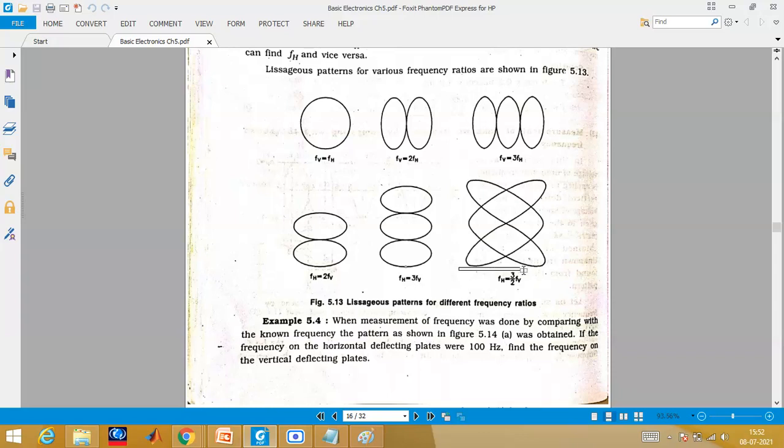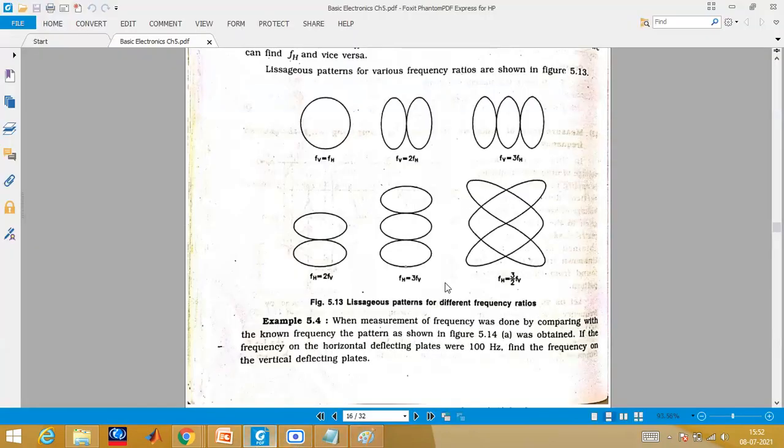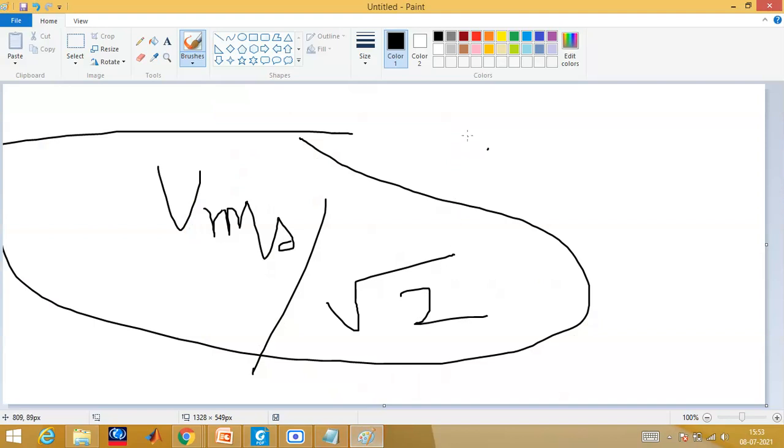Now for this diagram, draw a line, and draw a line here for this pattern. It is not at all a complete pattern. So this is nothing but 1, 2, 3. So this is nothing but 2FH is equal to 3FV. Yes or no? See here. Are you getting the point? Here, see, actually how many times we are getting, I'll just try to show you. This sort of question they will ask. Draw a line here. How many times is it touching? 2 times.